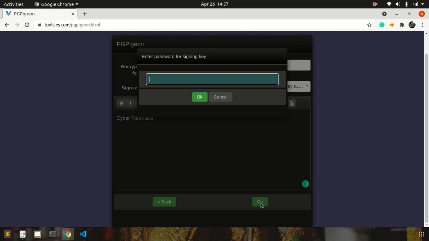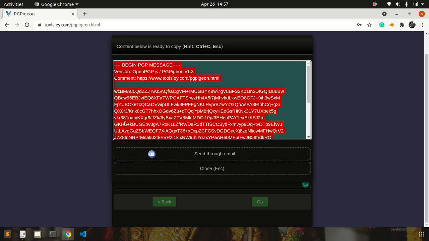Type the password which you set in the key section. See, it has generated encrypted data for that normal cyber forensic text. If you want to send this encrypted data to someone, you can send it via mail.